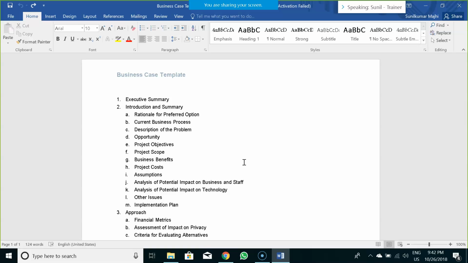So it's not like you would write a business case only in the case wherein a new project is coming to your organization. The need could be anything. Wherever there is a need, there should be a justification, and that justification has to be done with the help of the business case template.